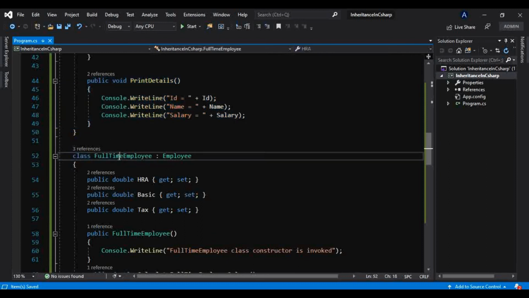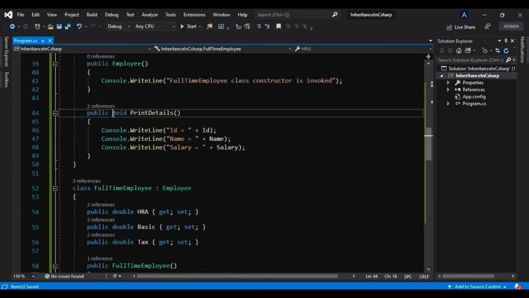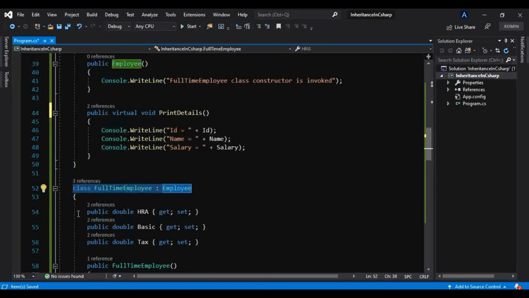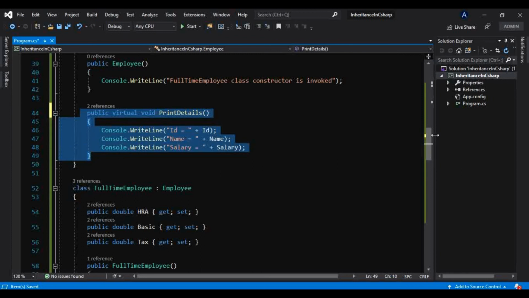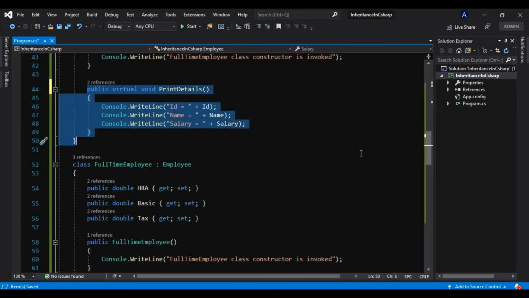For that, we can make this method virtual. Now what does a virtual method say? If the derived types want to use this implementation, they can use it. Otherwise they can override this implementation. This is nothing but overriding. So how? We will see that.